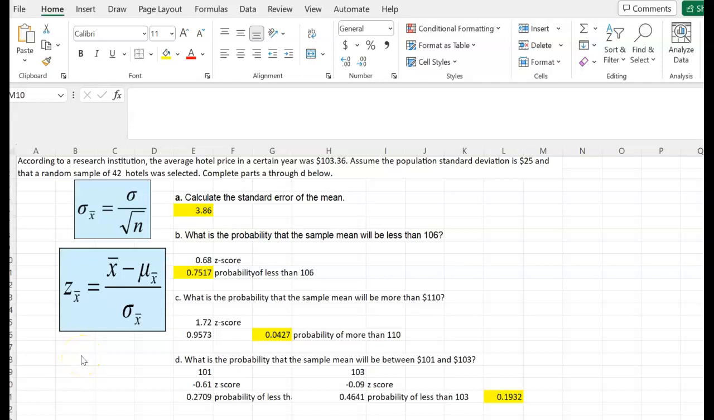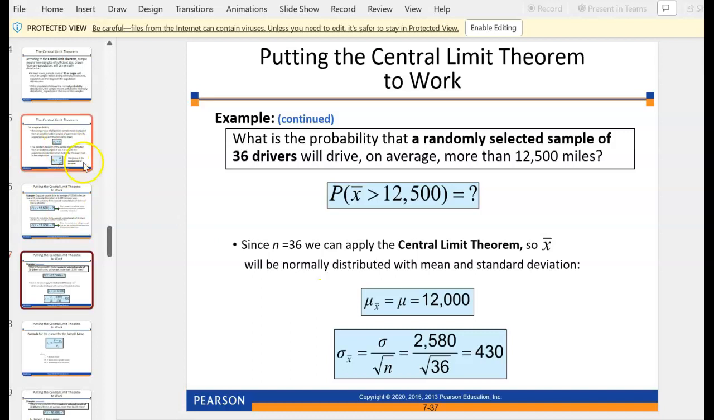All right, for this question, we're given the average hotel prices for the year, and then we have the population standard deviation, and we have a random sample of 42 hotels. So what's important to note here is